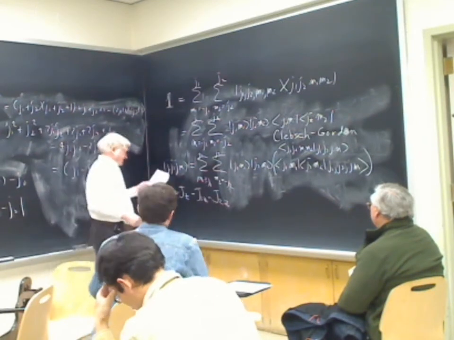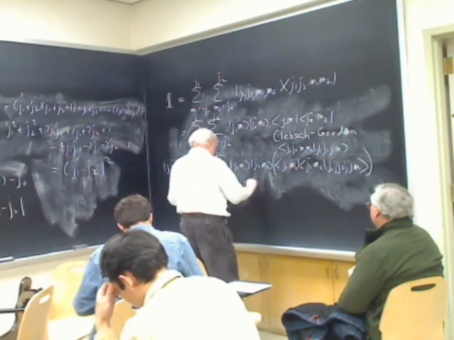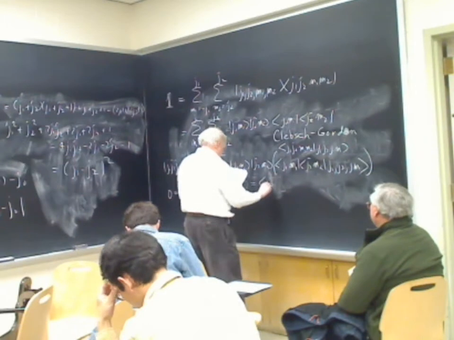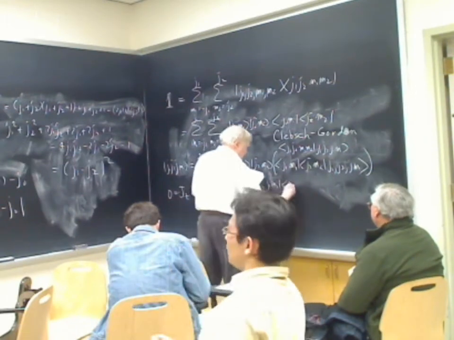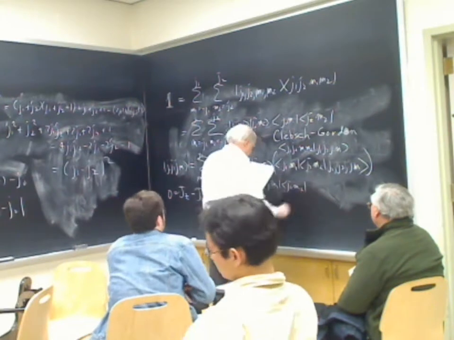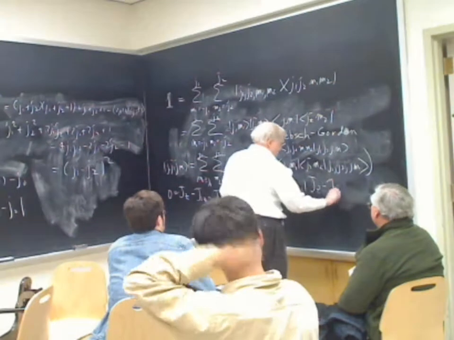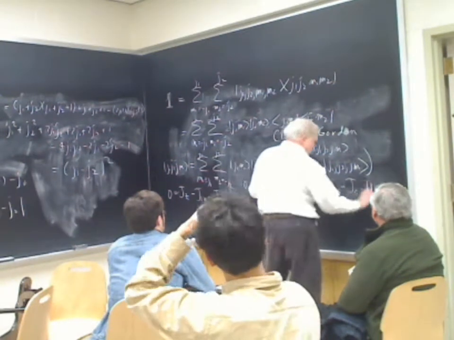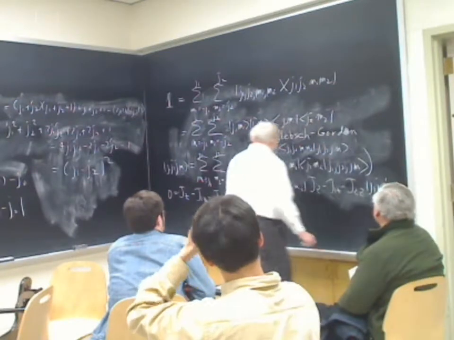So if we put this in between these vectors that make up the Clebsch, in other words, <J1, M1; J2, M2| (Jz minus J1z minus J2z) |J1, J2, J, M>, then